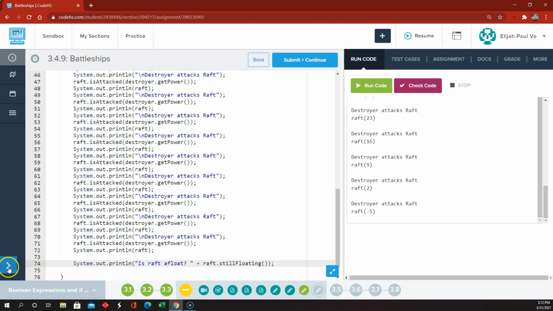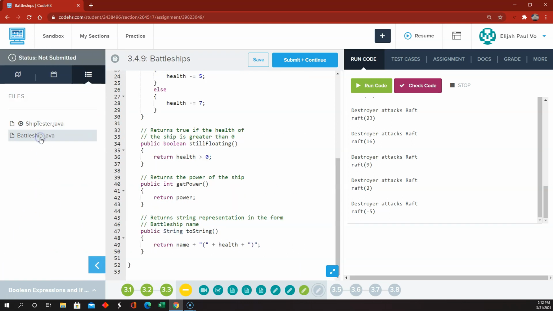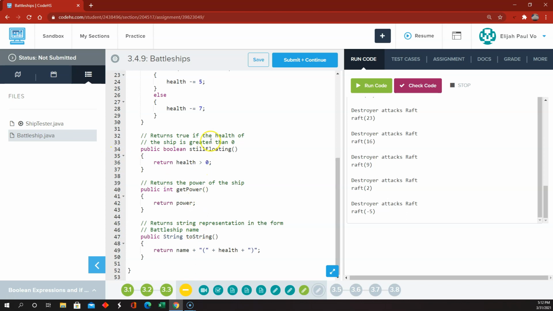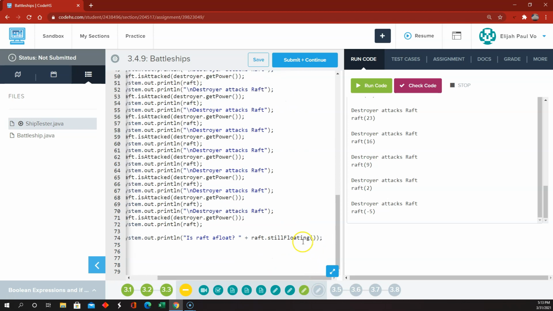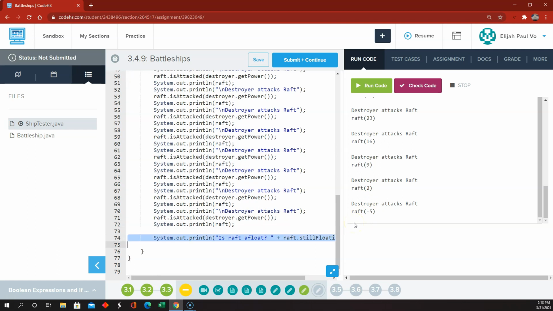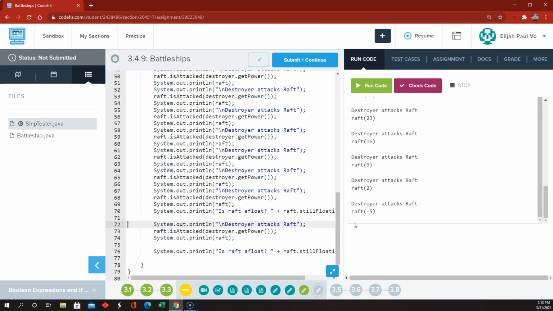I think that's the method. Go back over to Battleship, still floating. So we're going to do Raft still floating, which should return either true or false. So if I do that up here, let's say right there,